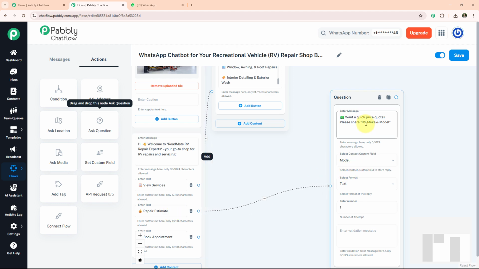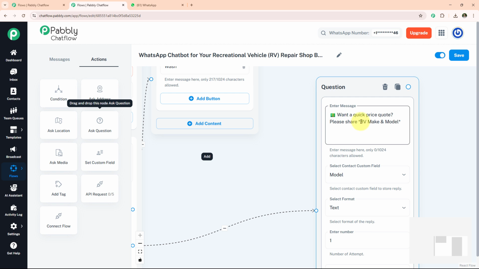And you will see I am using an asterisk sign. Why we use asterisk sign? Asterisk sign is used to bold the text. Now save the flow. Now if you also want to learn how you can create this contact custom field, simply